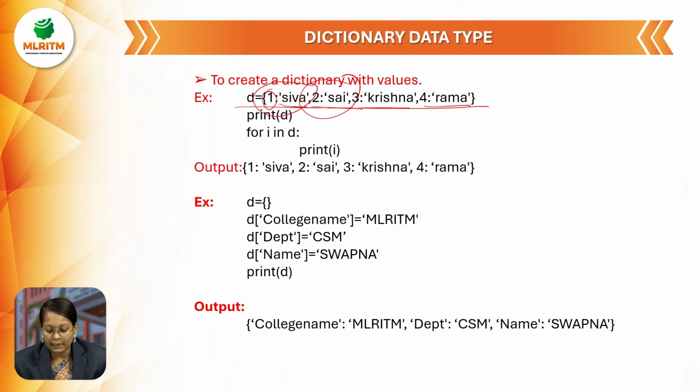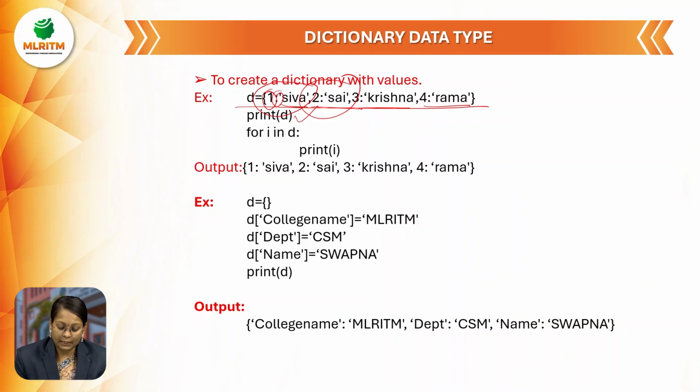So here D contains 4 key value pairs, separated by commas, and the key and value are separated by a colon. Then we print this dictionary by using print,